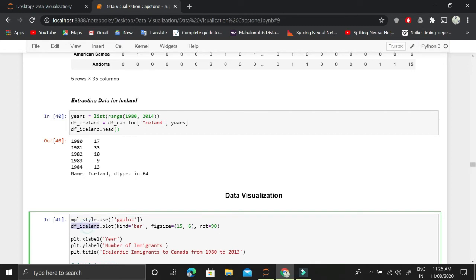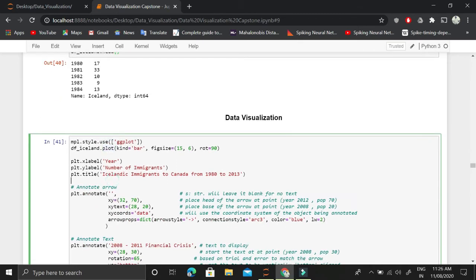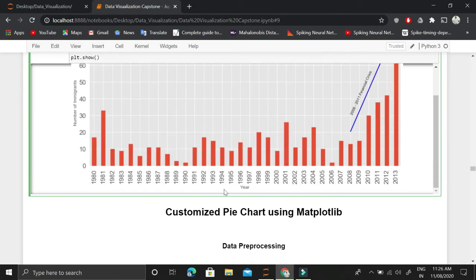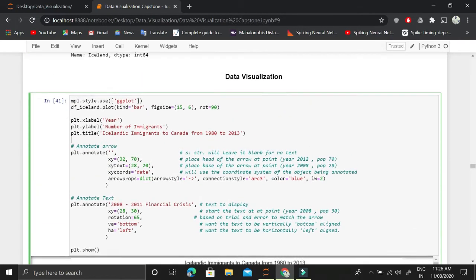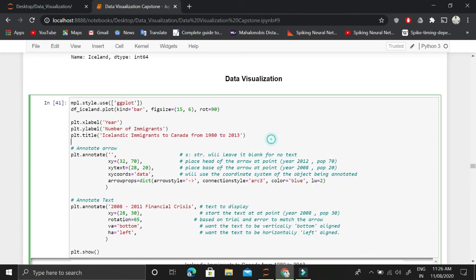So in this data frame series, we are having these indexes. These indexes are years basically in this data frame series: 1980, 81, 82. So for that reason, this plot function internally uses these indexes as X-axis, and then the value for each of the index as Y value. So this is done internally by the plot function. Then if we had named them, then it would give these X label and Y label accordingly if the name of the column was also given in the data frame. But we have customized it to give our own X label, Y label, and title.